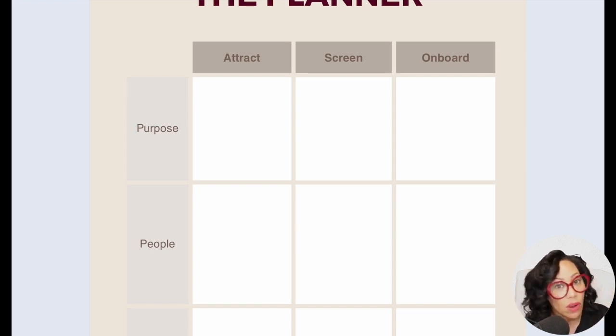And then the way you figure out what to do for each of those: purpose, people, pathway, plan. If you fill this out and you plan this out before you begin to start recruiting for APs or anybody in a leadership position, I promise you that you will find the right person because you approach the process like a builder.